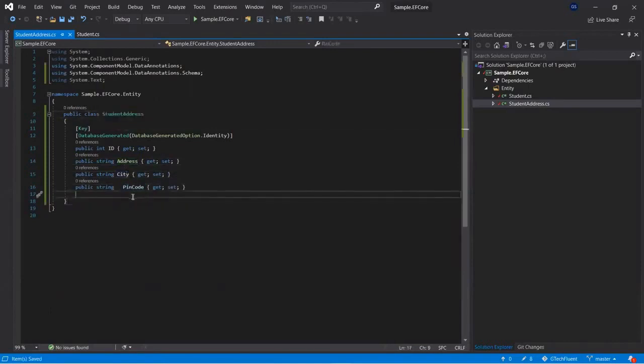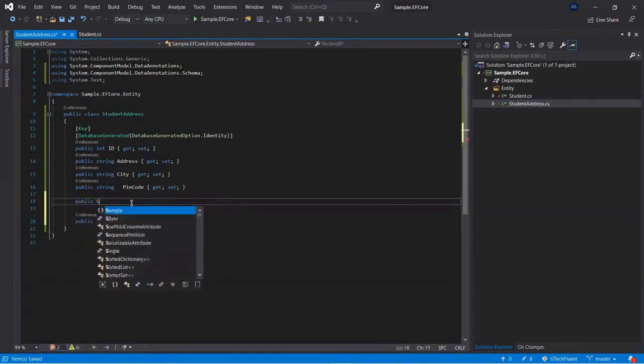Now one more thing here: we need to add a foreign key from the student table inside the student address. For that we need to add one more column here, public int, we'll call it StudentId, and then we need to give the reference of the Student class.